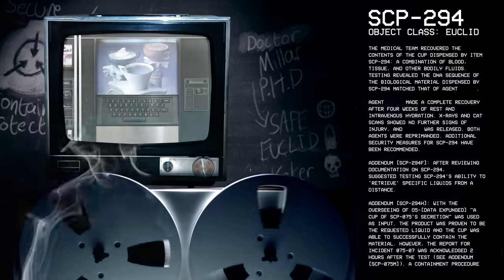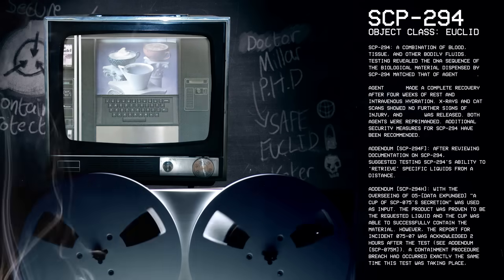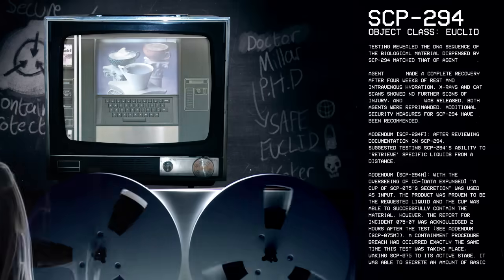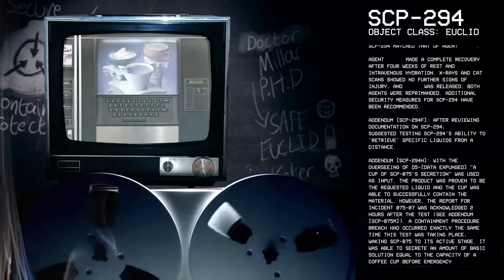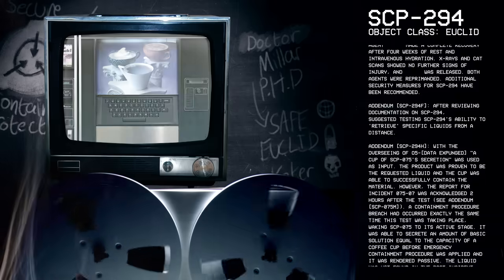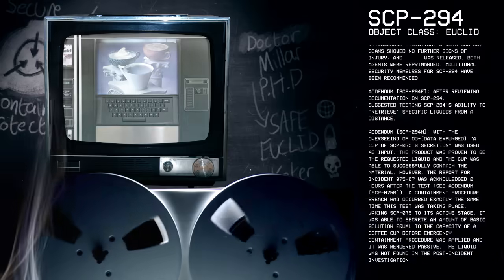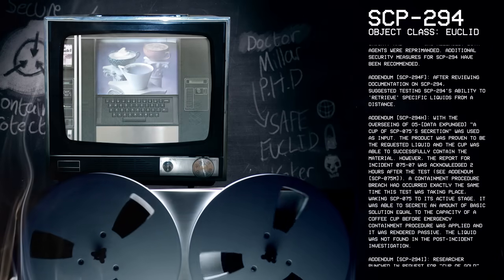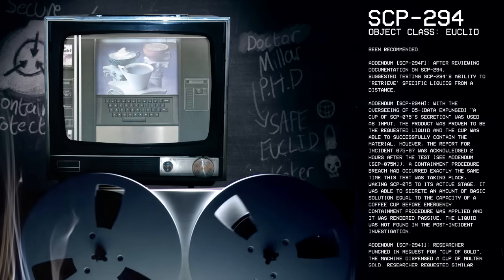Addendum SCP-294-F. After reviewing documentation on SCP-294, a researcher suggested testing SCP-294's ability to retrieve specific liquids from a distance. Addendum SCP-294-H. With the overseeing of O5, a cup of SCP-75 secretion was used as input. The product was proven to be the requested liquid, and the cup was able to successfully contain the material. However, the report for Incident 075-7 was acknowledged 2 hours after the test. See Addendum